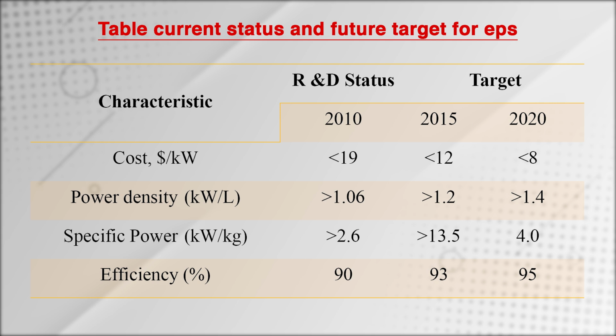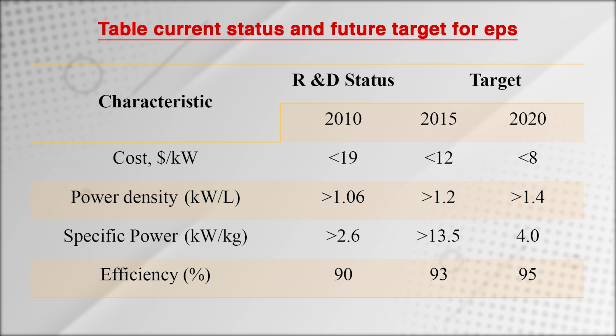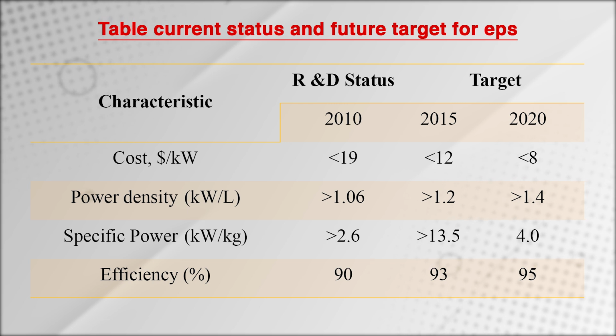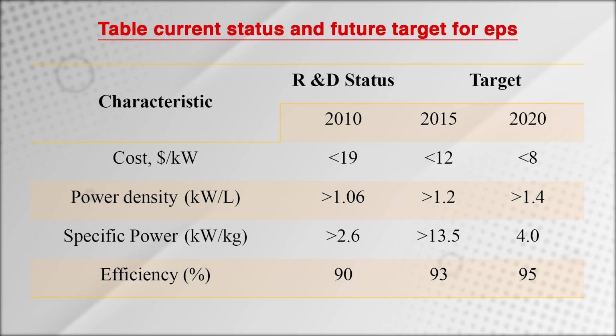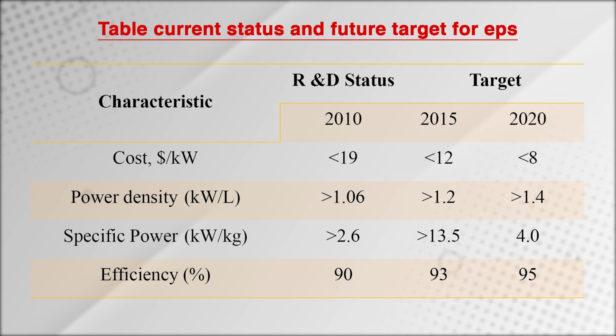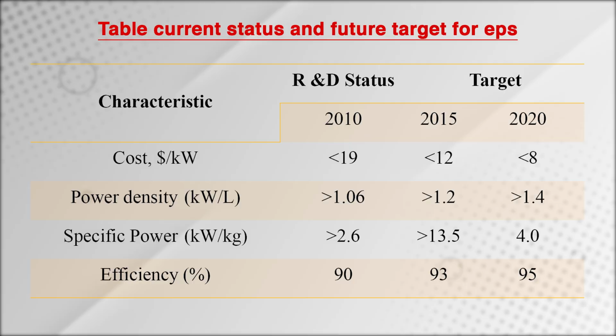As the R&D will progress, as the technology will grow further, significant improvement in efficiency, specific power and power density will be seen, along with the reduction of cost in coming days. So, developing a sustainable electric vehicle with an advanced electric propulsion system demands targeted planning and collaborative effort to achieve enhanced performance, efficiency and reliability while reducing the cost, weight and volume. Such an advanced electric propulsion system will certainly bridge the gap between electric propulsion system research, development and its successful